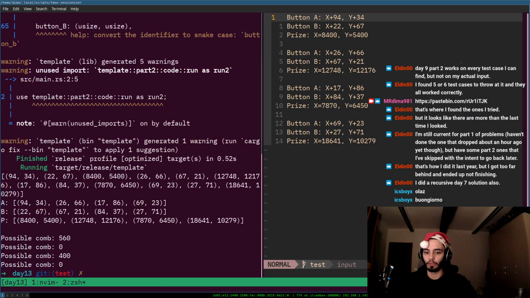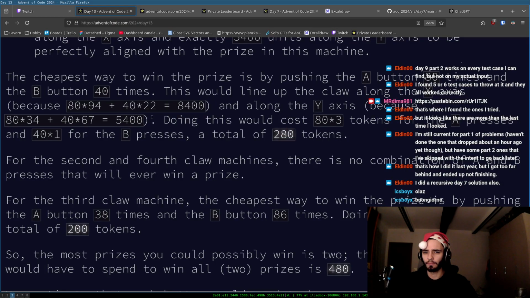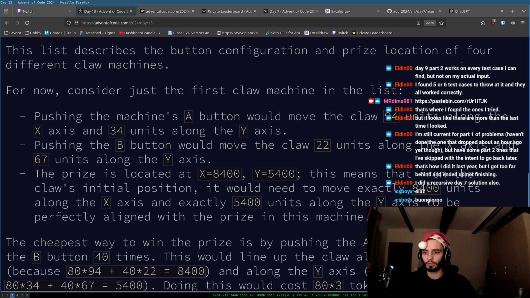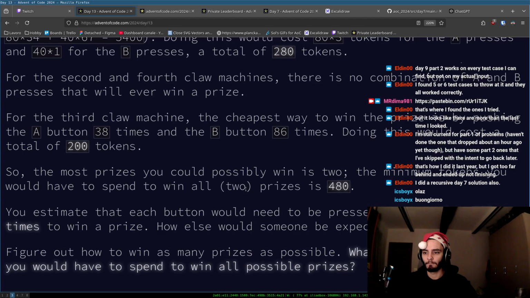I'm not returning them individually. Yeah, because it will be 400. It isn't even correct, by the way. But this is 280. For now, consider just a list. Yeah, this costs 200